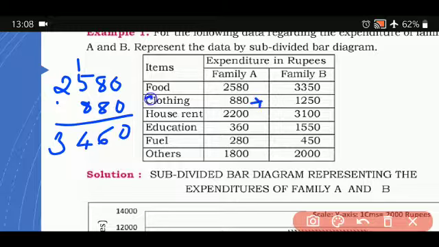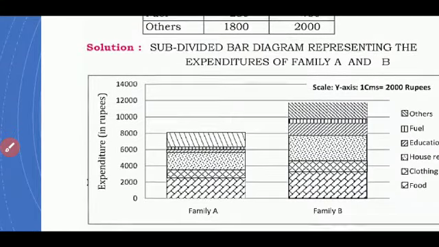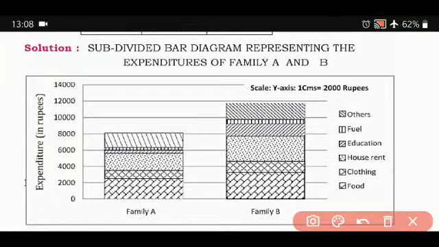It's going to be 3460. To this you add this value, and to this total you are going to add this value, and to this you are going to add the value, and the last one you will be getting as 8100. Those values you have to mark here in the subdivided bar diagram. If you closely pay attention, those values only are being marked here, and all for different components, for example fuel, others, education, everything, all these different diagrams are being done for. So in a subdivided bar diagram you have to mark or give different designs to all these components, different segments you have to show, and this index is represented here.